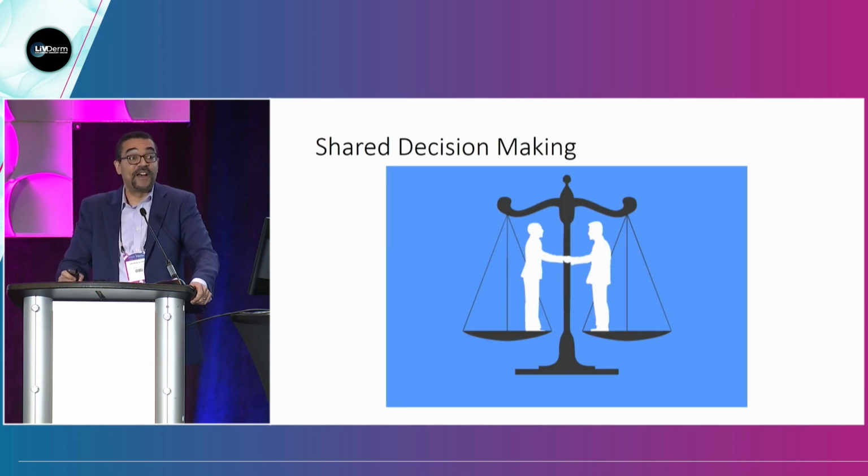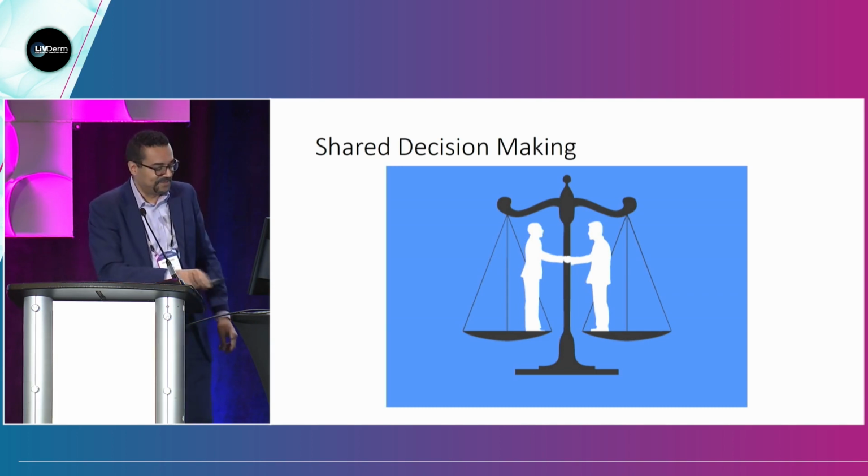So I think that when it comes to our dialogue with our patients for starting a JAK inhibitor, this is a great example of this term that we use a lot nowadays, shared decision making, and this is truly an example of shared decision making. Once you present all the information in an individualized and nuanced manner that takes into account the context of that specific patient, the patient can make an informed decision, and you can move forward and have a happy patient and an ongoing good relationship with that patient. So thank you very much, and I think we have time for questions.